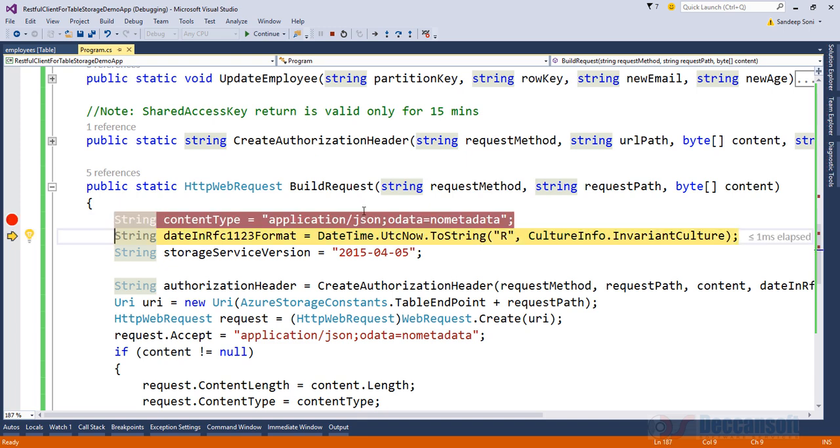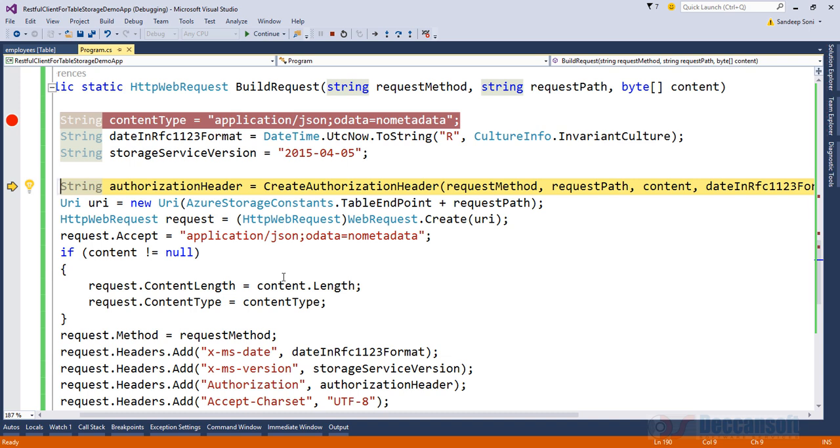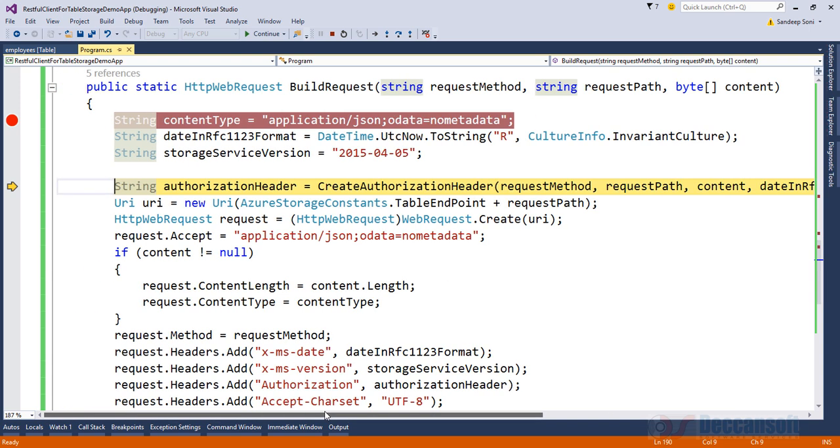F10. F10. We got the date in this particular format. Only the date is supposed to be specified. Storage service version, constant value. Create authorization header. Now, very, very important thing, whatever is the date value used here, which is passed along with